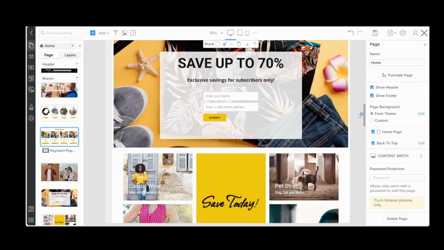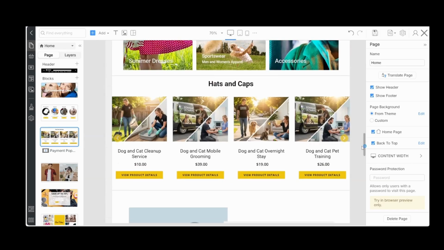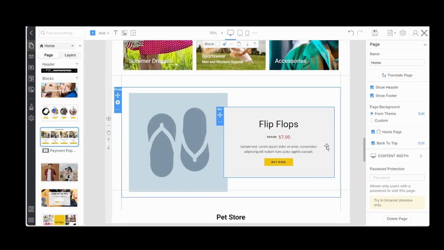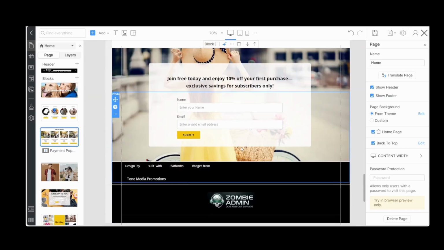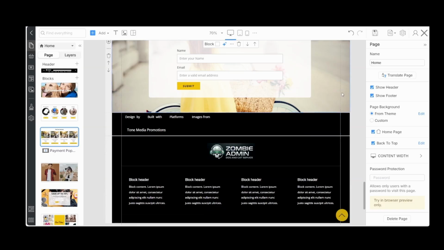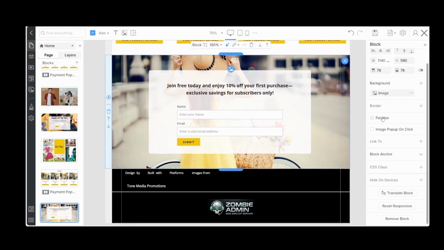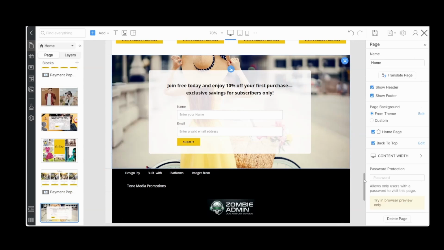We do not need that. No, and do not need that. We'll keep pet store and we'll keep email. Let's head back up to the page.